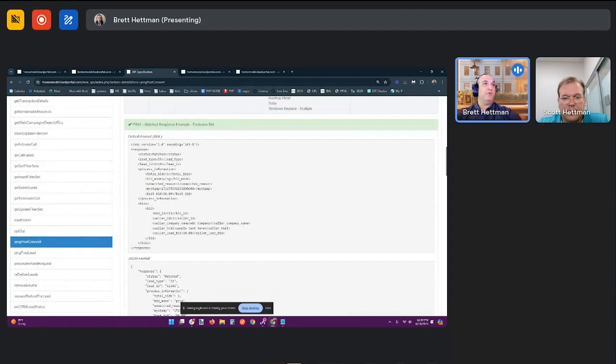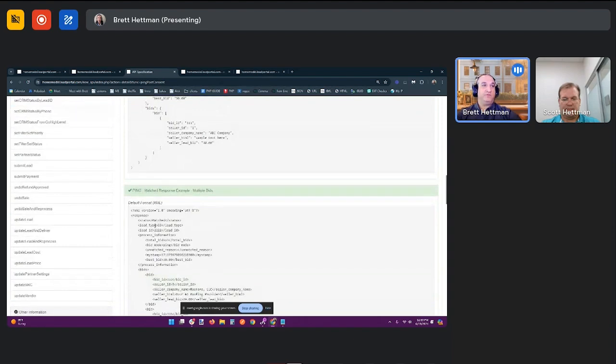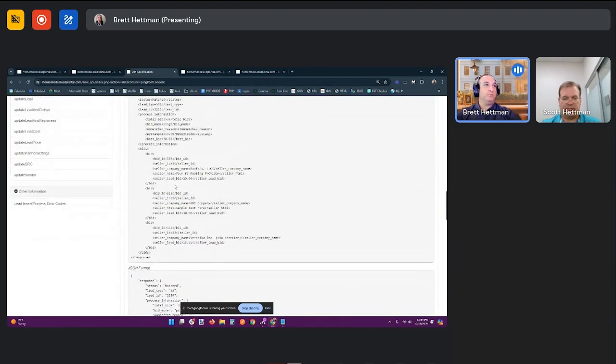Yeah, so if you think of a normal ping post, there's the lead ID field, and that's how we marry the ping to the post. The ping response has a lead ID returned, and then in the post, you send that lead ID value so that we know the post is related to that particular ping. Same idea. In addition to the lead ID, you'll also have to send the match with bid ID in the post. So if I scroll down to an example of what the response would look like,